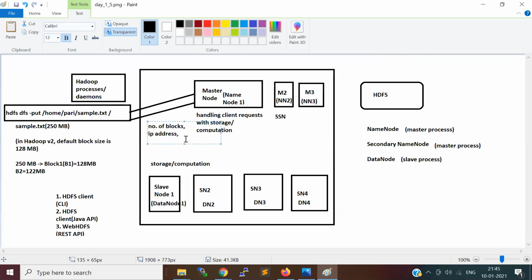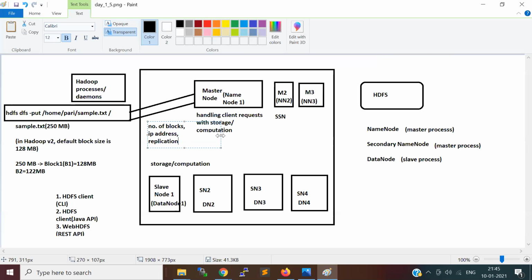This is with replication. I told you about replication yesterday. Basically, when you store data in HDFS, it is going to store your data in a redundant manner. It means the same copy of the file will be kept in another place in HDFS, so you will have a duplicate copy.